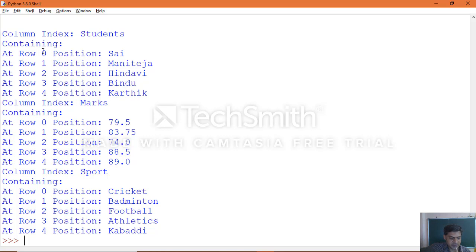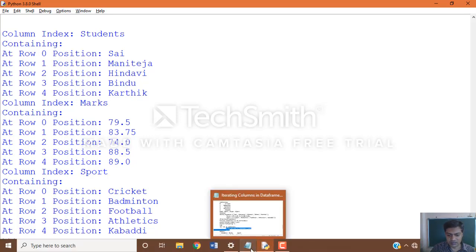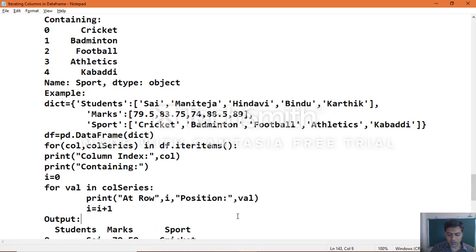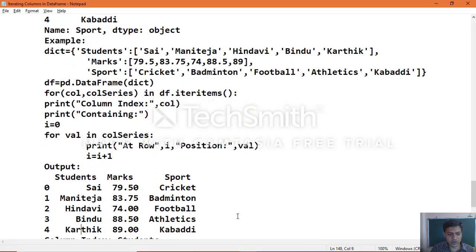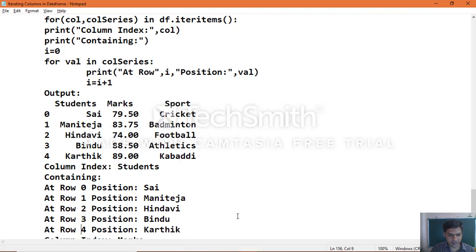Now in this case which you will see, 0 1 2 3, this is the inner specification within the program. So inside the memory, that is the way it stores your data frame column values with the help of row positions. So I think it's clear now the way you want to extract that data: column wise and column wise through row position accessibility of data.